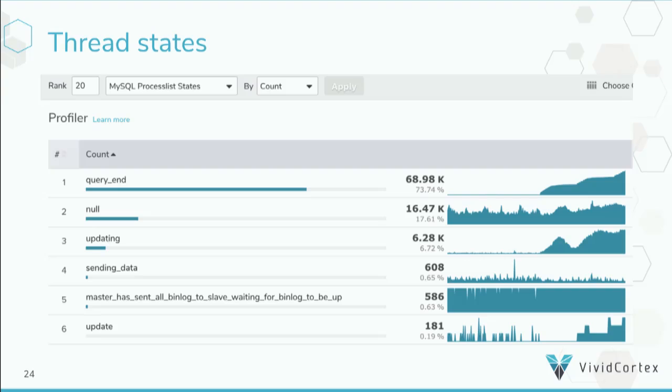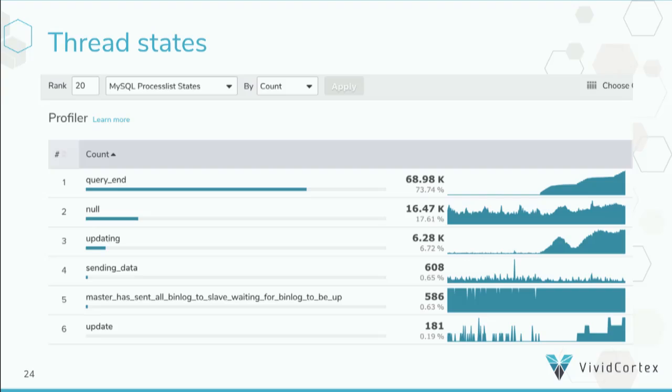Usually when you see something like updating, that's usual. That's normal behavior. When you see something that's updating, it's just doing work normally, so that's not really a problem. And you can actually see instances of the updating thread states earlier. But query end is actually really interesting because it doesn't actually show up that often. And that's pretty unusual. Again, we don't really know exactly what that means, but it's one of those states